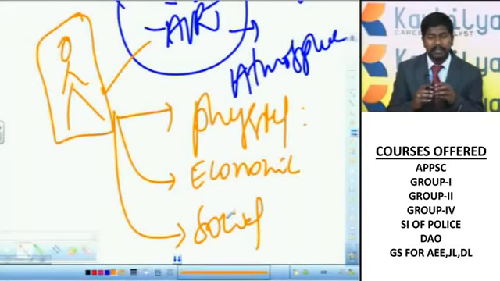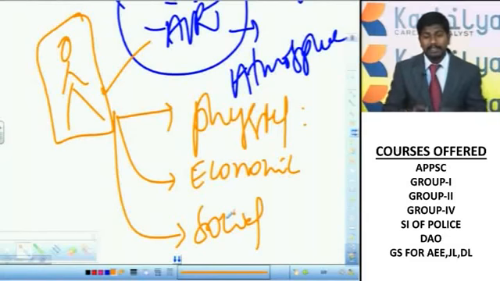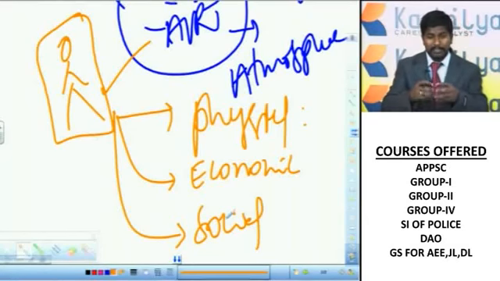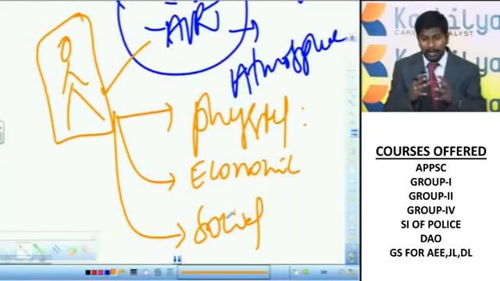So in this geography, right from the beginning and origin of the earth, then origin of the lithosphere, origin of the hydrosphere, origin of the atmosphere, then later how these different landforms came into being, how these different oceans and water bodies came into being, how the present rivers and streams were formed, and how the different types of land features like mountains, plateaus and plains came into being on